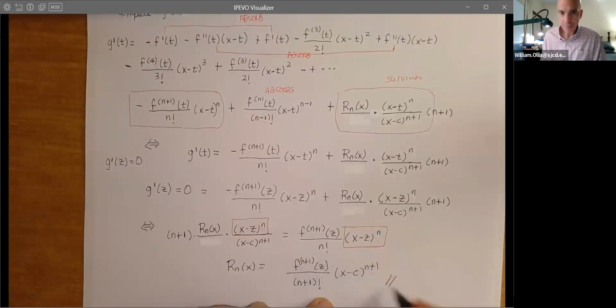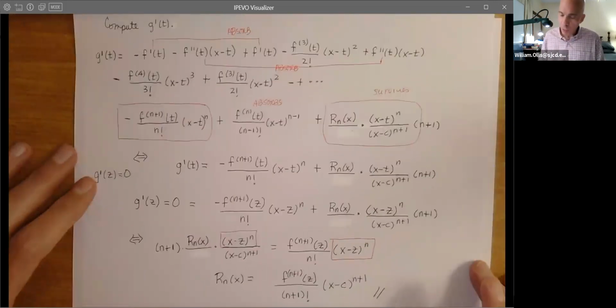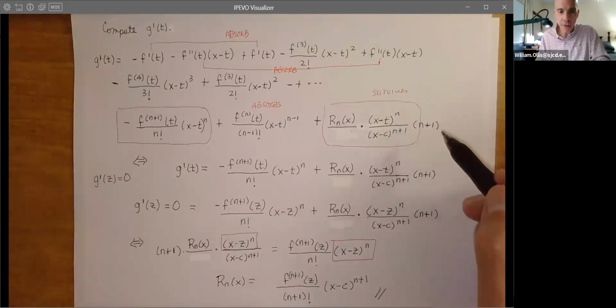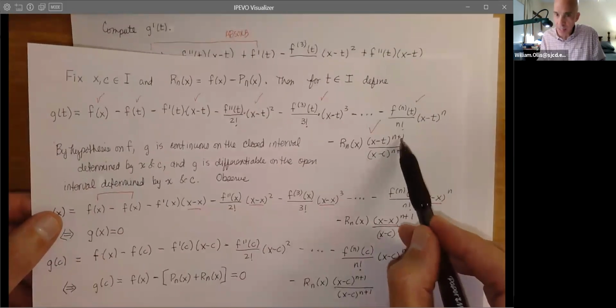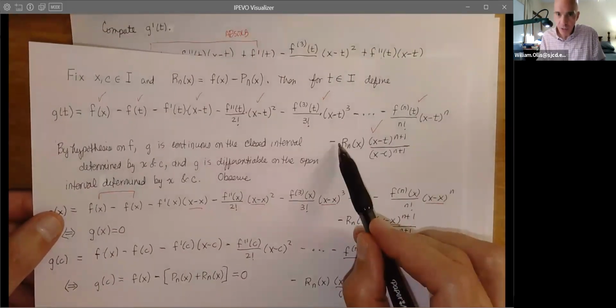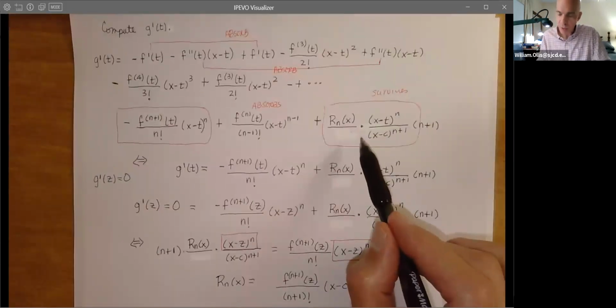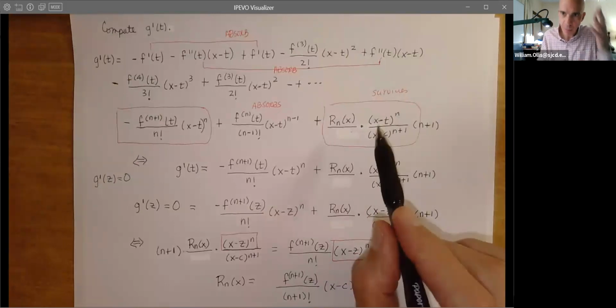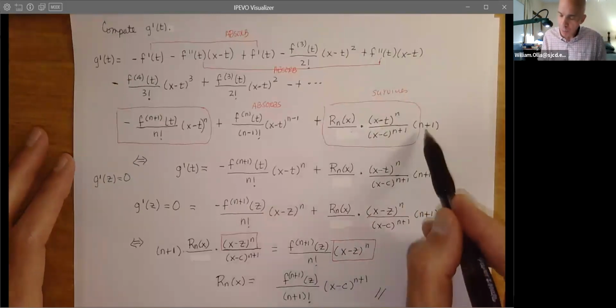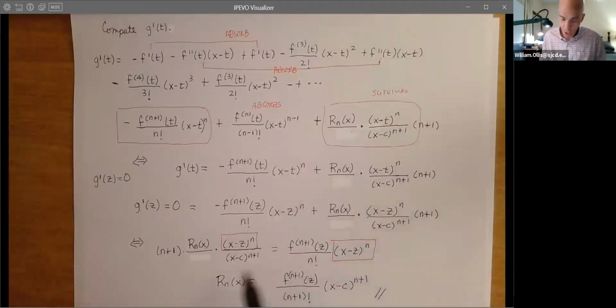And we are done. So yeah, when you take the derivative at this point here, remember when you take the derivative of this, the n plus 1 just comes down to the coefficient. And I stuck it in the denominator, which was a brain freeze. So push up the n plus 1 here. And so now when you solve for the remainder, we got this.